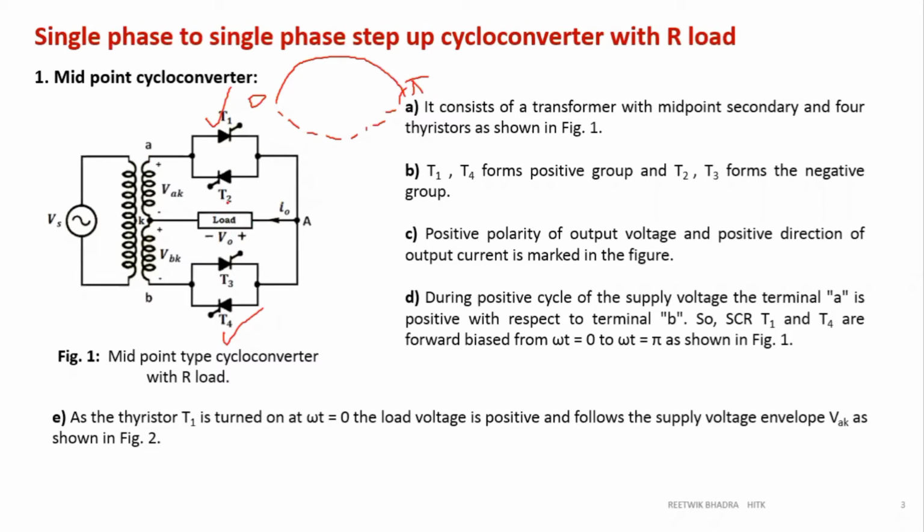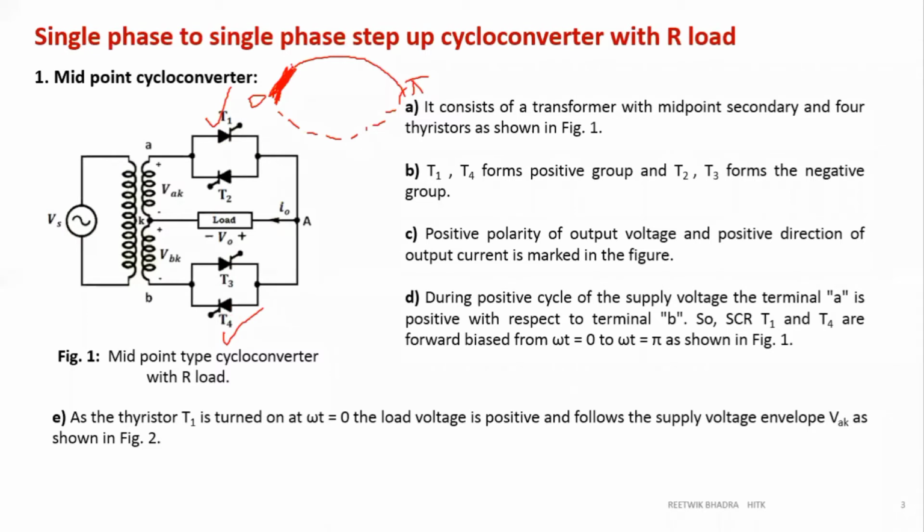Or if you can't understand this, if T1 is on, I0 and V0 direction is the same, right? I0 direction is this one, so V0 polarity will be retained as shown in the figure. So it should be positive. Output voltage should be positive. So it goes in the positive direction. After some while, say maybe θ1, we are force commutating this T1 off and then giving a pulse to T4. So if T4 is now on, we know during 0 to pi, this T1 and T4 are forward biased. So if I give a gate pulse to T4 at any time, it will be turned on. So as soon as I turn off my T1, I give a pulse to T4.